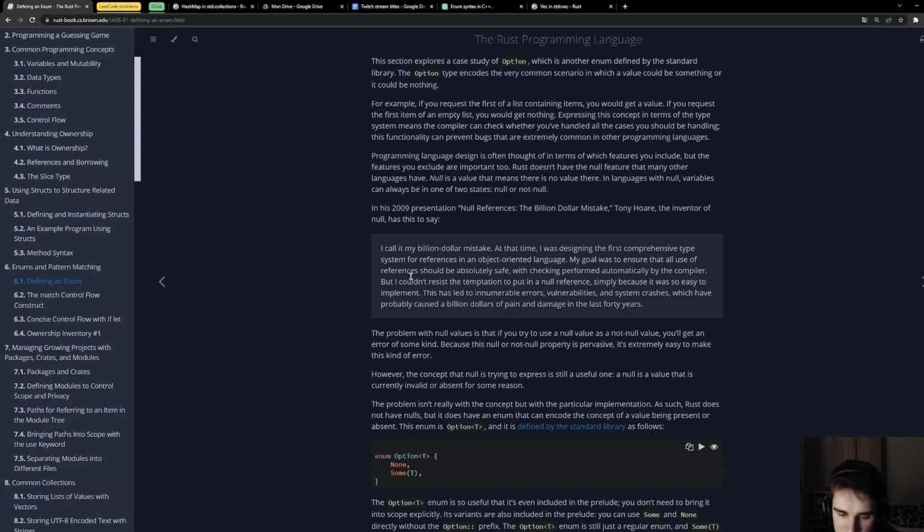I would estimate that these people, plus the pain of all people that had vulnerabilities, errors, and system crashes, would be much higher. So I'd probably guess something between 10 and 100 billion dollars. Or maybe even more, because I know that in cryptocurrencies and smart contracts, there are ways to hack some smart contracts using related vulnerabilities coming from null references.